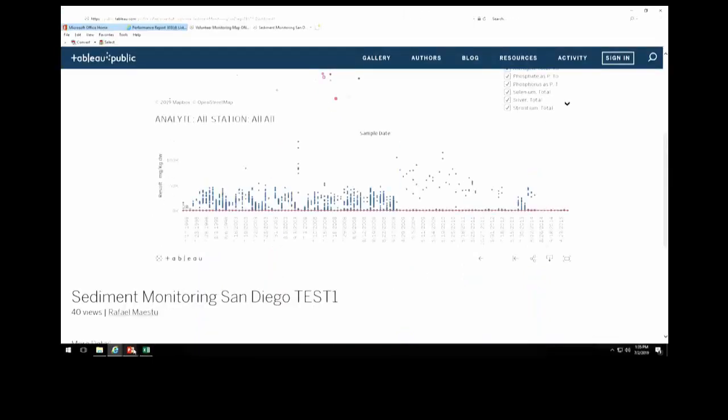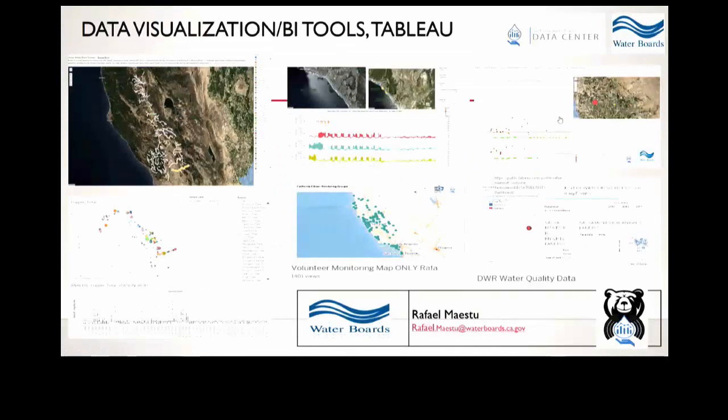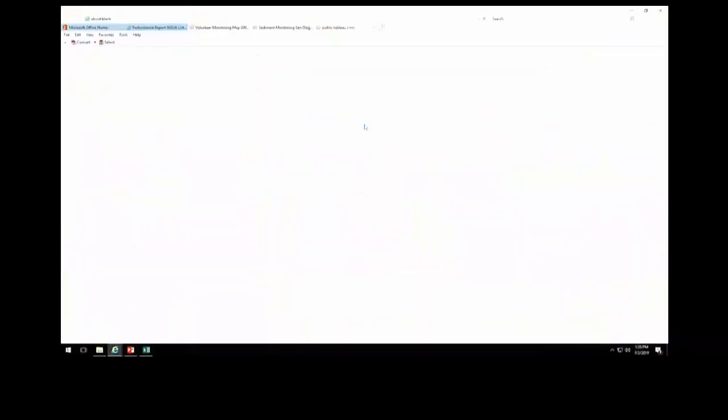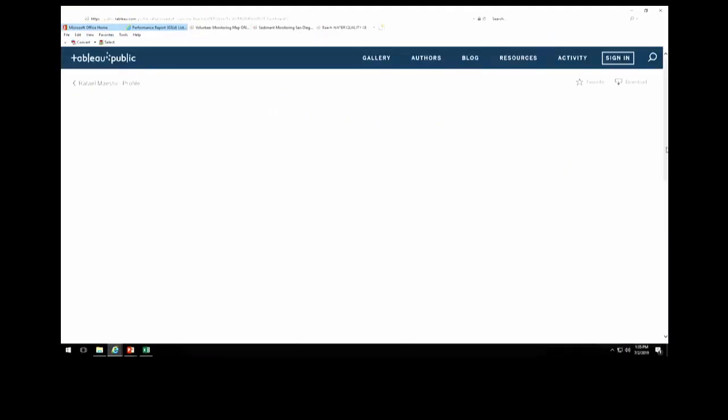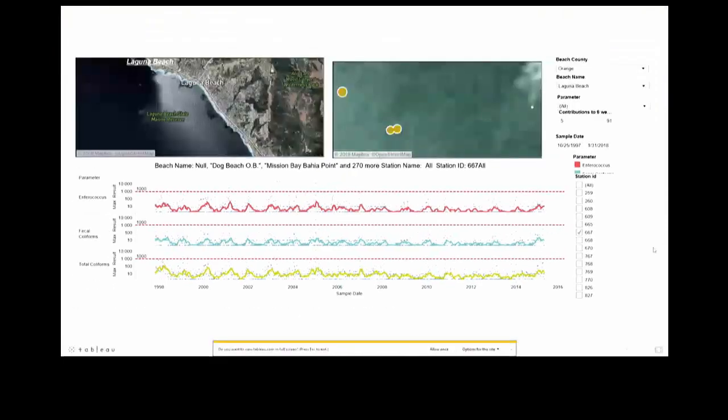Let me see if I have another one. This one is also a beach water quality. And this is bacteria, Enterococcus.